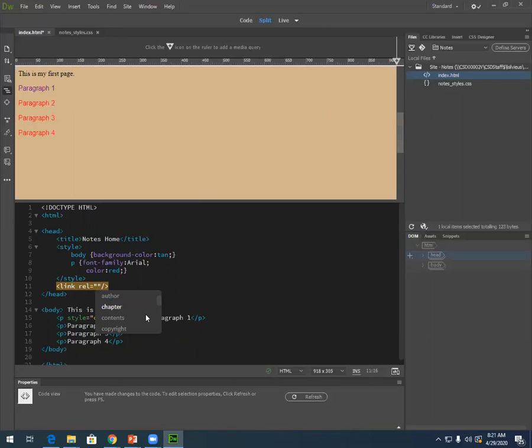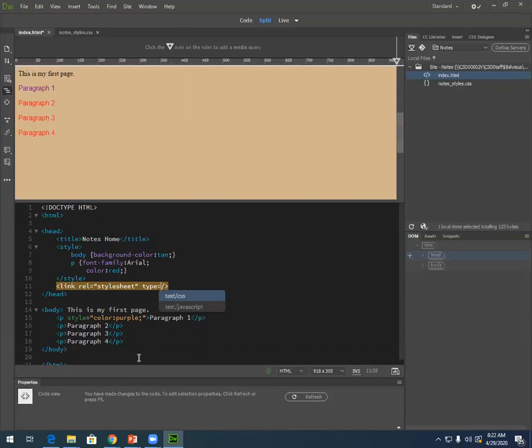one of these items. And what's really cool when you're using Dreamweaver is that it will auto-generate a bunch of options for this attribute. So it will ask, what do you want the value to be? You've got lots of different values you can choose from, and one of those values is going to be a style sheet if you scroll through here. You can also just type the word stylesheet. You don't have to use these drop-down menus, but they are really useful if you don't know what the options are. So I'm going to put in stylesheet, and then we need to say, okay, this is going to